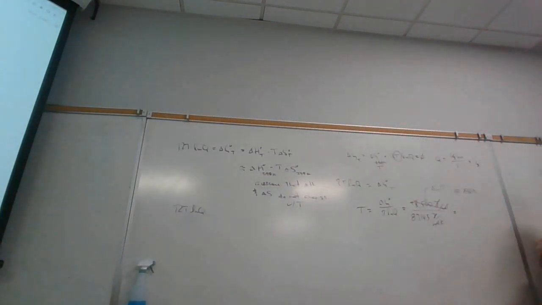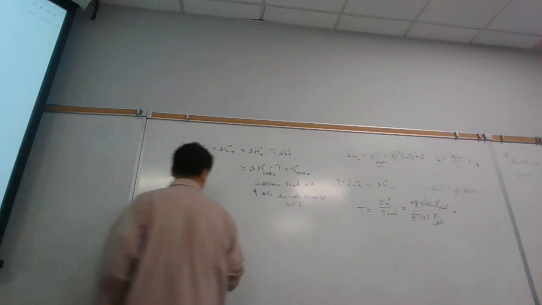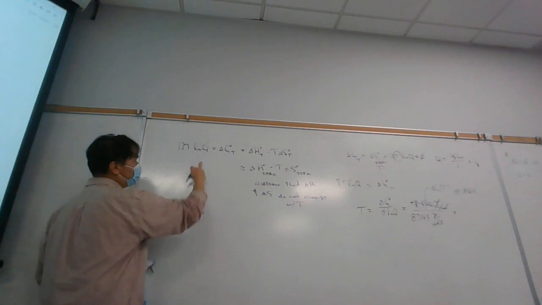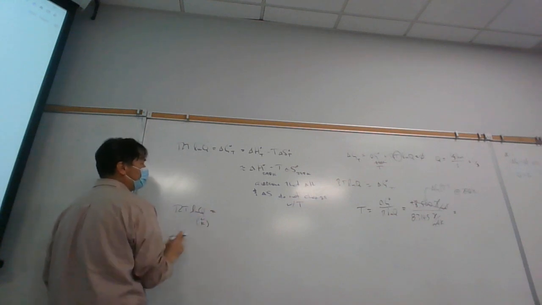is this. When delta G is equal to 0, we call that equilibrium. And so at delta G equal to 0, then Q is equal to K because we're at equilibrium. That is, the reaction quotient is equal to the equilibrium constant. And so we could interchange this here since we already set that to 0. And so it'll be ln of Q or K. This is going to equal,